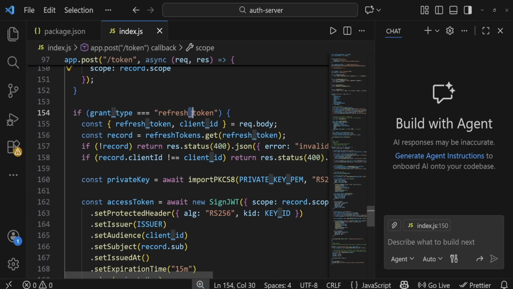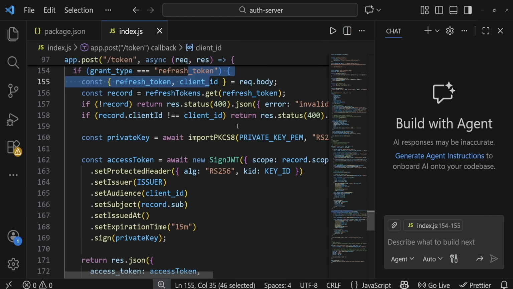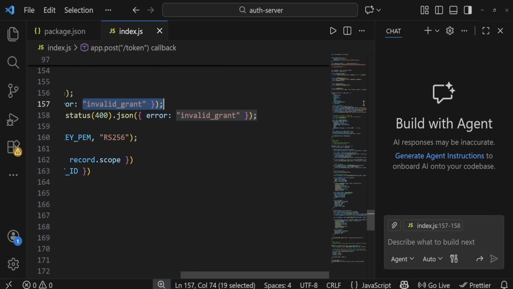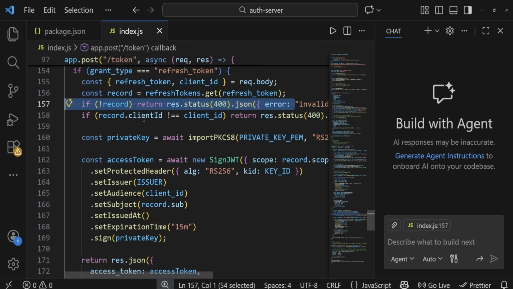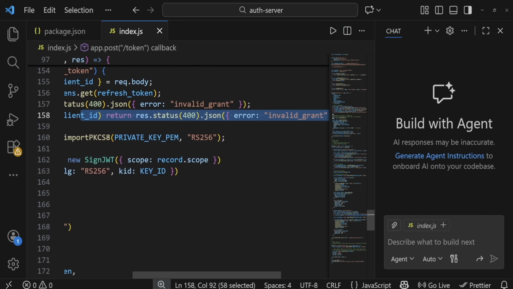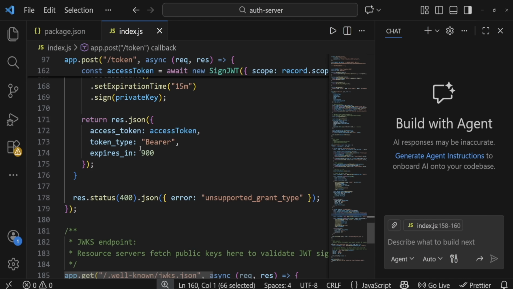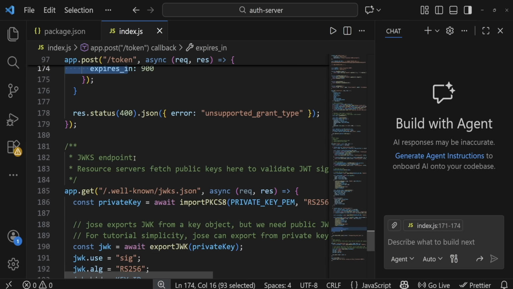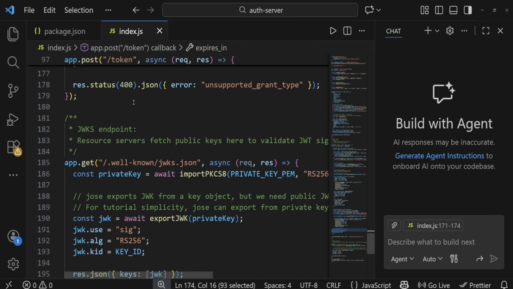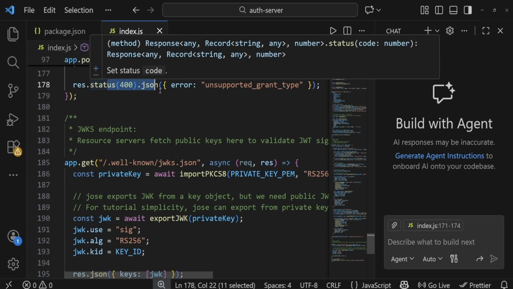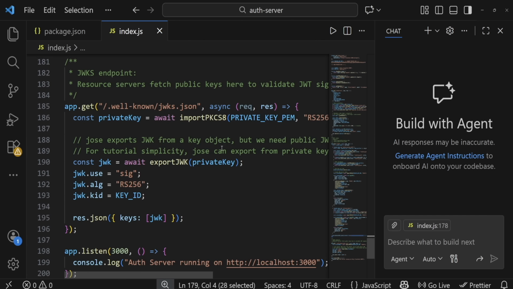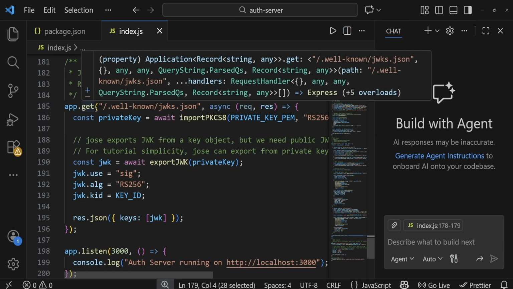We have grant type, which is the refresh token, and we make sure that all of these are specified, and if the record doesn't match, we throw an invalid grant again, and if they don't match again, another invalid grant. So we have a private key, and we have the import, and we have the returning of the response of the JSON. We also have the response.status, which is 400, and unsupported grant type, making sure that we have the app.get for the well-known